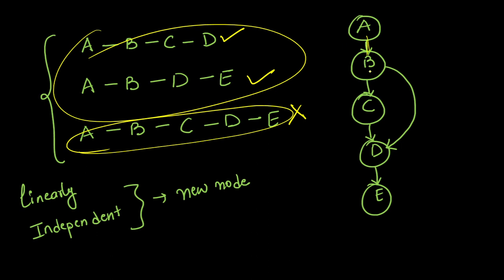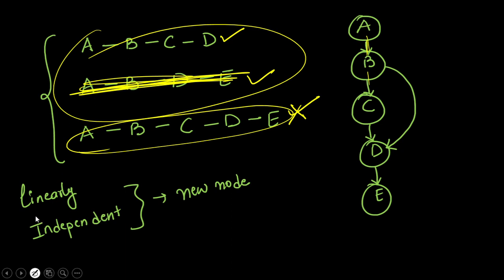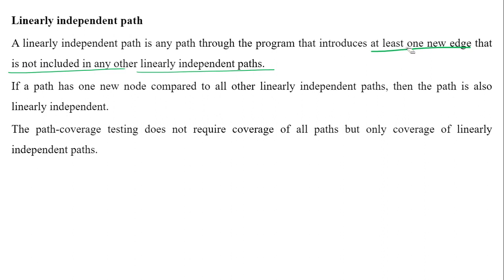Now this path of yours, it is independent, linear, so take only one of these two. If this path were not there, then you will consider this as a linearly independent path. But if I already have this path, then I cannot consider this as a linearly independent path, because a linearly independent path should introduce at least one new edge that is not included in any other